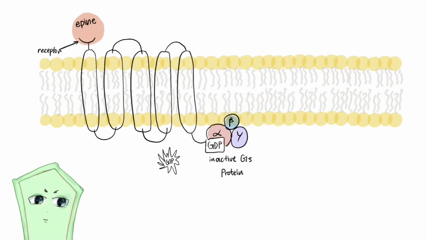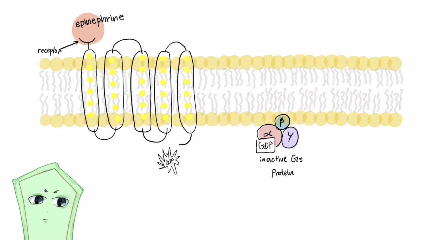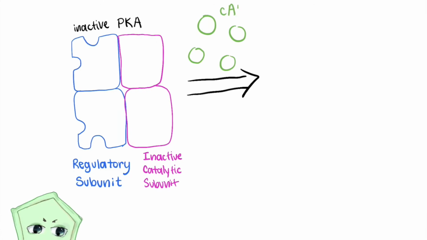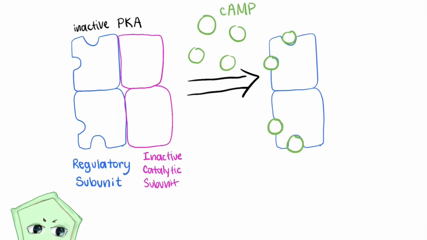In the activation process, GPCRs use epinephrine, a neurotransmitter that acts as a ligand, to change the shape of a receptor by binding to it, causing the G protein to separate. To activate the alpha subunit of the G protein, the bound GDP must be converted to GTP. The alpha subunit then separates from other subunits to bind to and stimulate AC. AC is now able to convert ATP to cAMP. cAMP binds to the regulatory subunit of protein kinase A, whose catalytic subunit separates to phosphorylate other proteins, resulting in